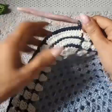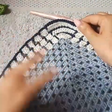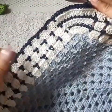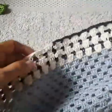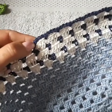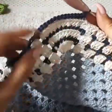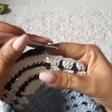So we are on row 15, and I'm working on another pattern, the same thing. So I'm just advancing my patterns. This one is with off-white and the same blues, the dark blue and lighter blue. Okay, so pretty much we left off on the double crochets. So we do that little trick with the threads. Do your single and then your 3 chains, and you come to the edge. It's the same thing, 1 per each, back loops only, and